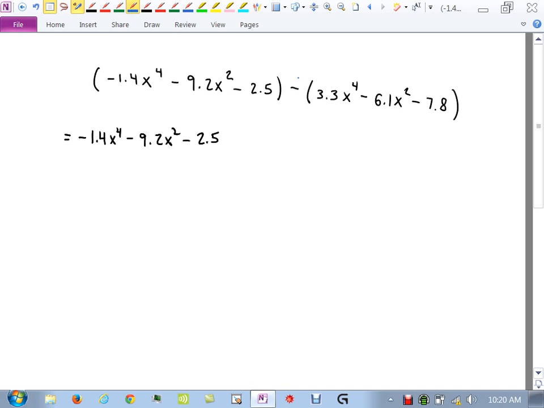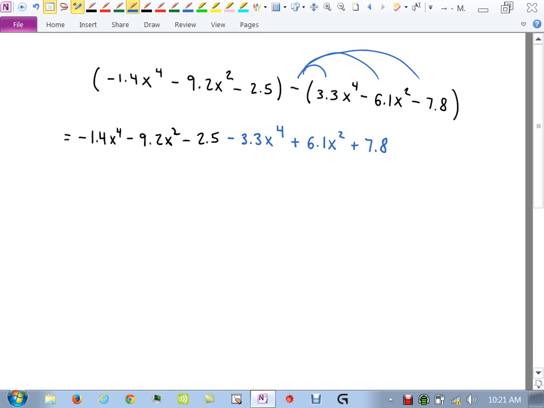And then when I distribute that negative sign through, it changes all the signs, right? So the 3.3 is positive, it'll become negative. The negative 6.1 is negative, it becomes positive. Negative 7.8 is negative, it becomes positive. So just switch the signs. Then